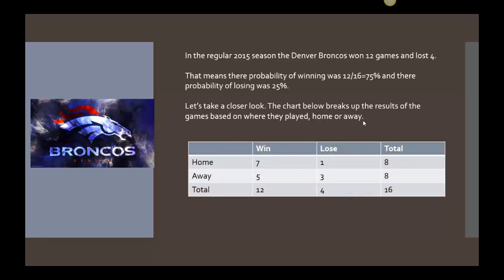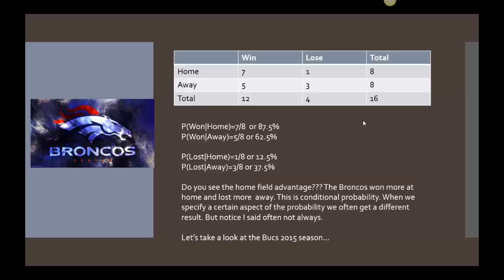So here's a chart of their wins and losses based on where they played, if they were at home in Denver or if they were away. Then I can see something a little different happened. And let's look at the conditional probability really to feel what happened. So the probability that they won, given that they were home, I had 7 wins out of the 8 home games. So that's 7 over